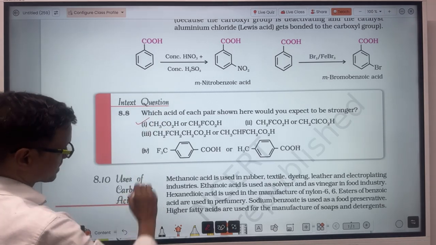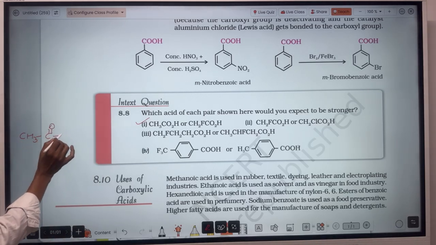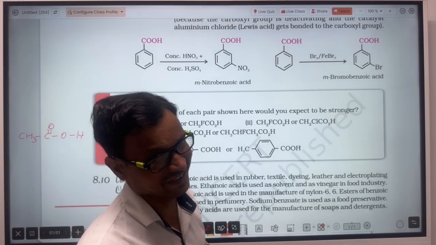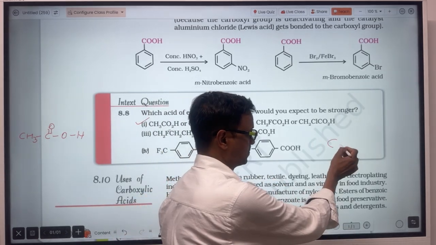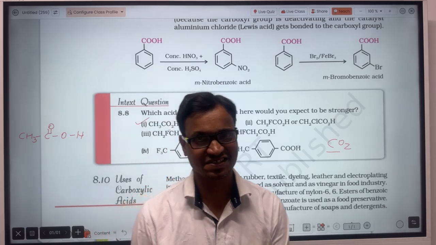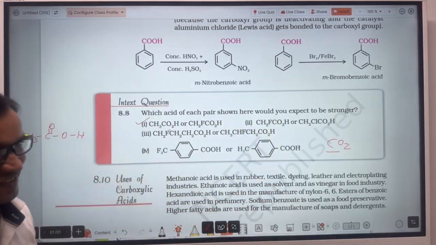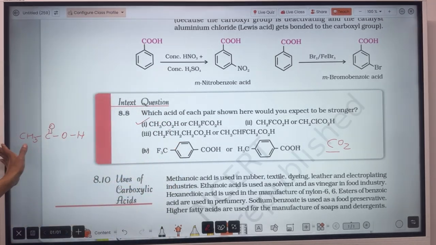First question here: draw the structure, and then you will compare, and you could compare this very easily. So the first structure is... Don't get confused here. CO2 is written, that means here there are two oxygens. This CO2 is different from the CO2 molecule. That CO2 molecule is independent, but here CO2 is not. It is part of a chain. That means two oxygens here. So actually the structure is this. And the second one,